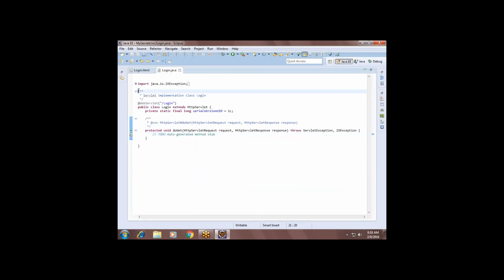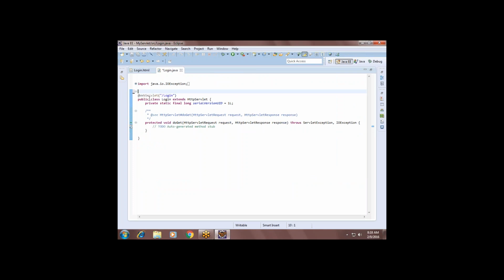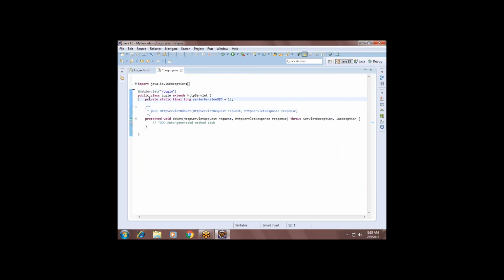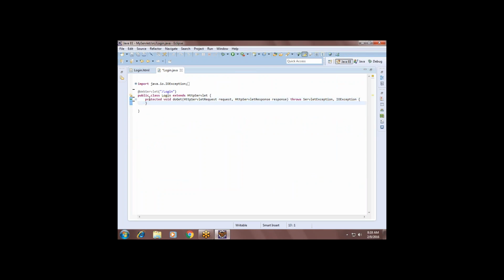And you can observe here, doGet is there and automatically a servlet is created with the mapping name login.